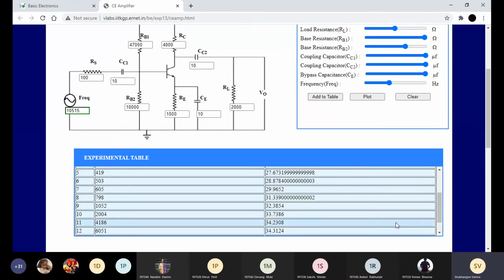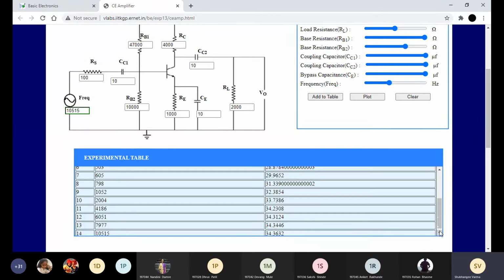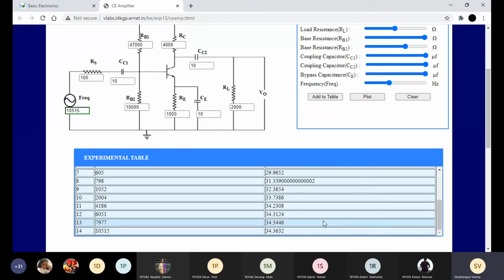Okay, so you can see over here your frequency response is almost constant because it's a middle frequency range. Now we are going to take reading for 20 kilohertz. Then 40 kilohertz. So here we are going to take so many readings because we are observing the frequency response.